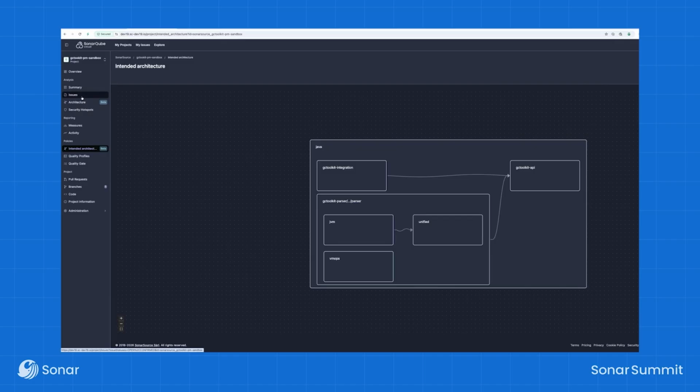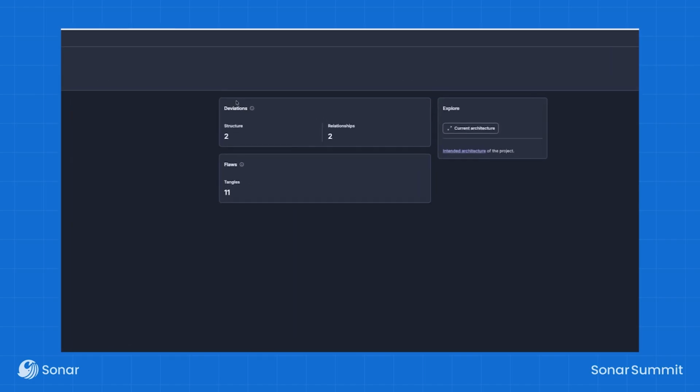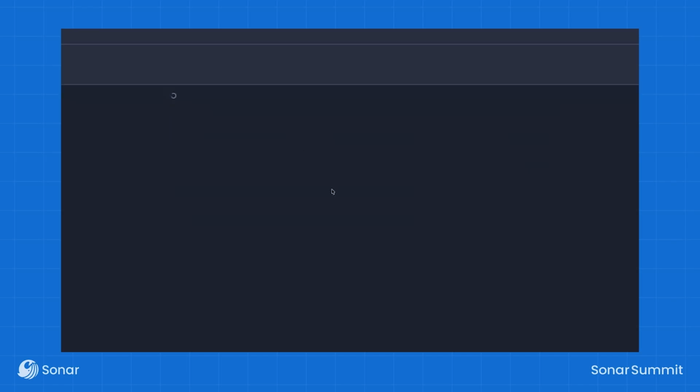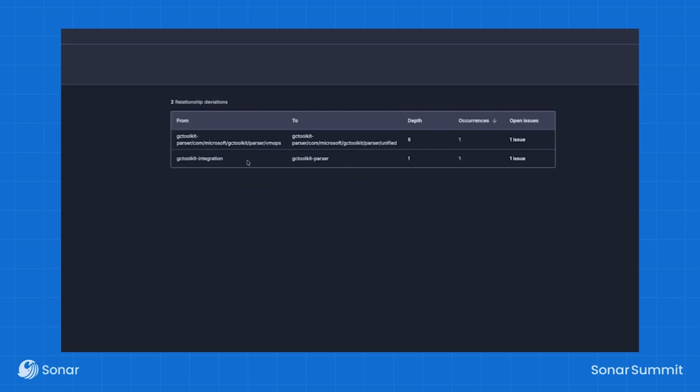you'll see potentially some deviations being reported here. The ones I just added are causing these relationship deviations to be created. And I can see here what they look like. I've got one here from the integration module to the parser module. Something in there uses something in there. And likewise here, I've got something from the VMOps package to the unified package. And you can always click through